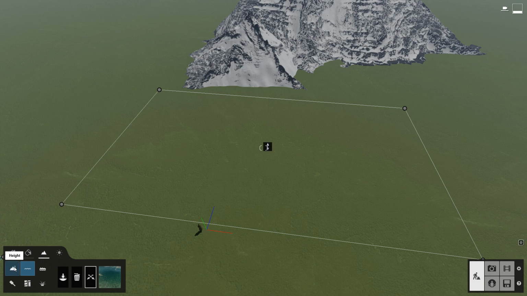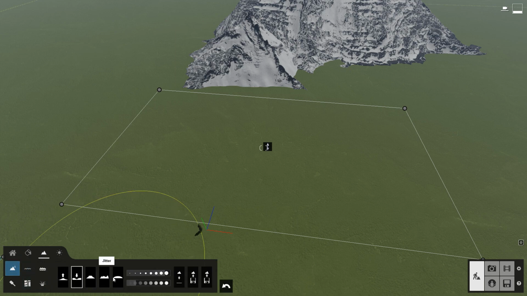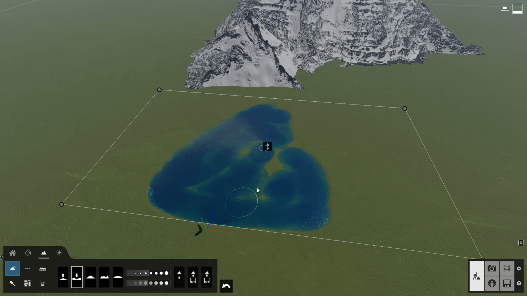Now even though it seems like our lake has disappeared, if we go down here and use this tool, then adjust our brush a little, and as we start to paint, the brush is pushing down the landscape, revealing the lake underneath the beautiful terrain. And there we go. You can just paint and let your creativity flow like the water in the lake, and you decide what you want to make.